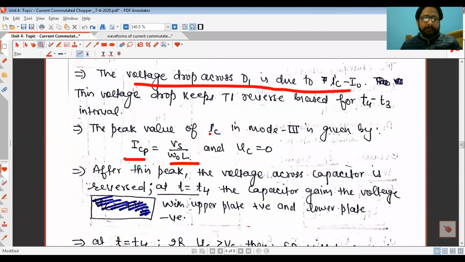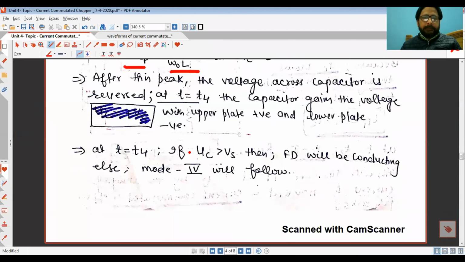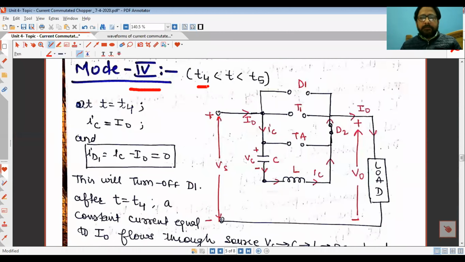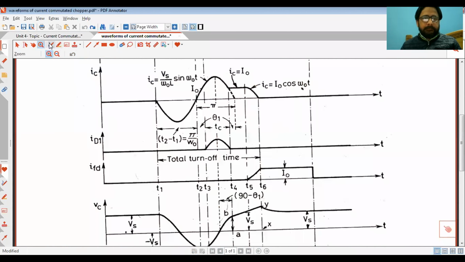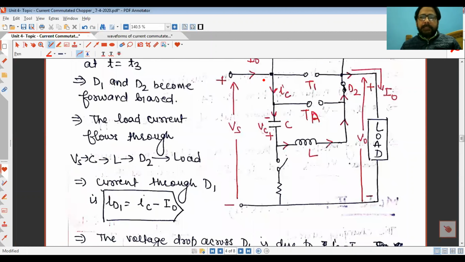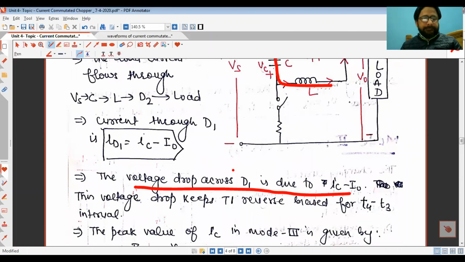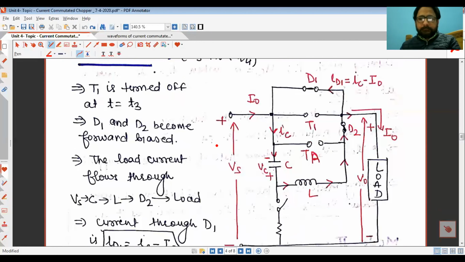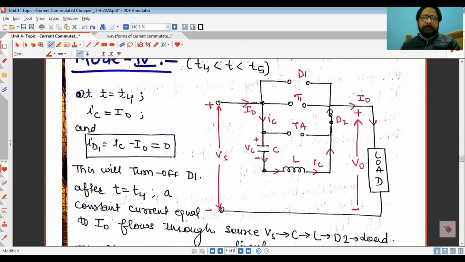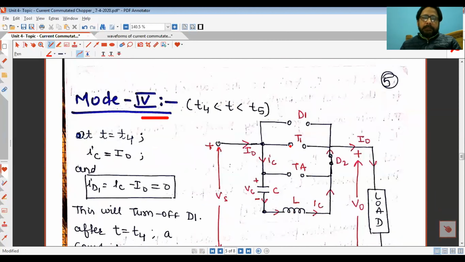अब आते हैं कहानी मोड 4 पे। अब मोड 4 कहां से शुरू हुआ, T4 से, और कहां तक है, T5 तक है। सो लेट अस सी T4 और T5, ये है मोड 4। सो मोड 4 के लिए जो IC है वो I नोट के बराबर है, यहीं से, यानी यही करंट फ्लो कर रहा था यहां पे, ठीक है, I नोट फ्लो कर रहा था। Now let us see when mode 4 happens, so D1 रिवर्स बायस हो गया, कैसे हुआ ये भी समझेंगे। D1 तो रिवर्स बायस था ही, ऑफ है, TA भी ऑक्सिलरी रिवर्स बायस है। D2 रिवर्स बायस नहीं हुआ।